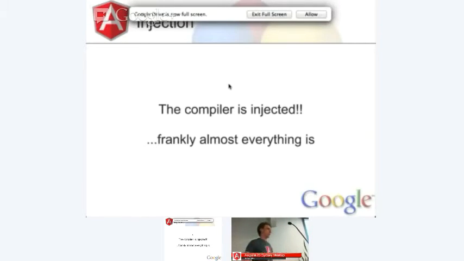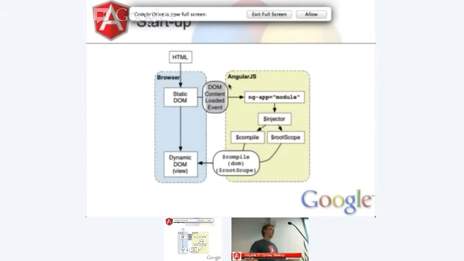Basically every part of Angular is injected, including the injector. So you can do all of this crazy stuff if you want to dig in enough. The thing I love about Angular is that while it's very easy to get started, it's incredibly powerful if you want to dig into the guts of it.